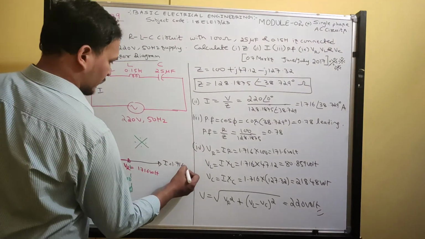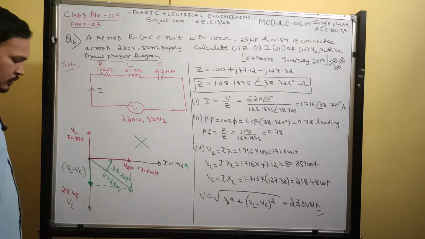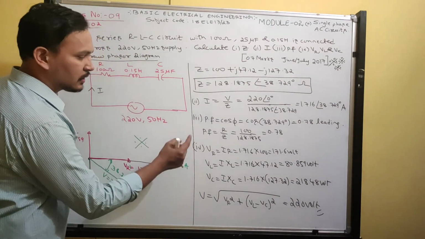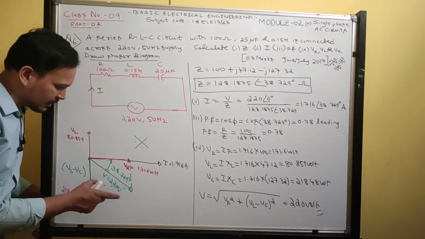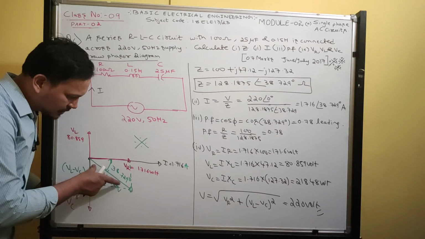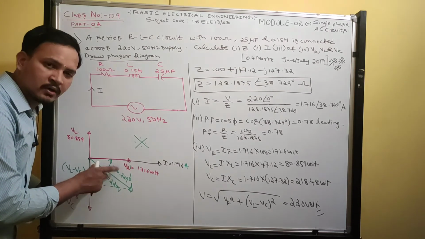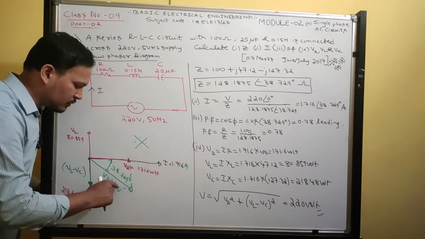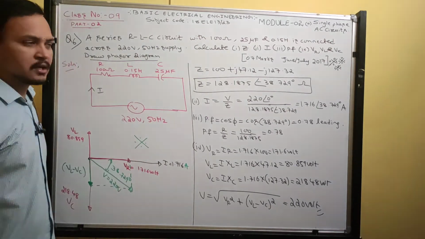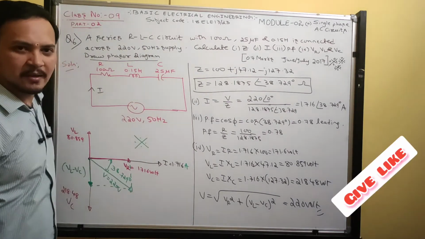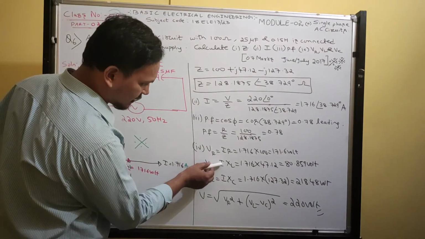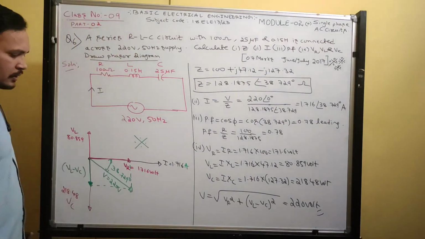Understood, guys? So nowhere specified the angle. Now take this as reference. With respect to voltage, current leads this voltage by how many degrees? 38.729. With respect to current, voltage lags by 38.729. Why I taken reference current? Because it is series circuit. Current will be same. See, in all VR, VL and VC, what I taken? Current is same. Okay, got it.